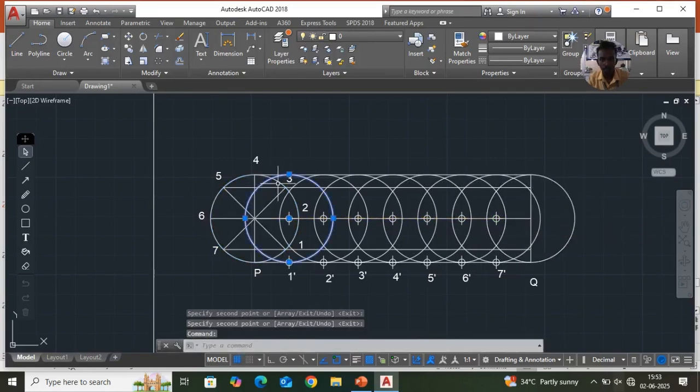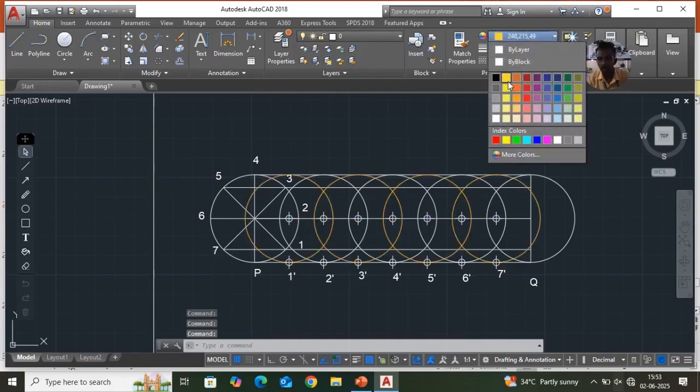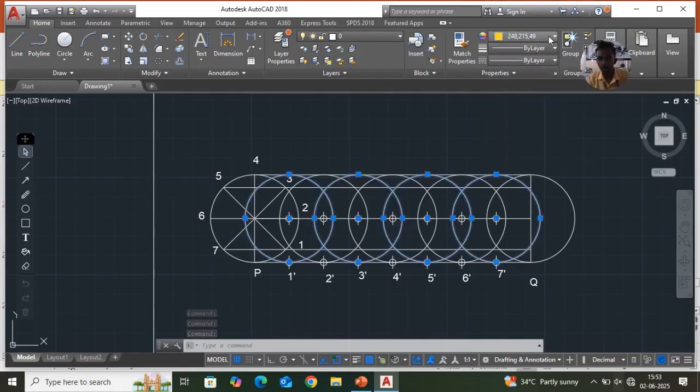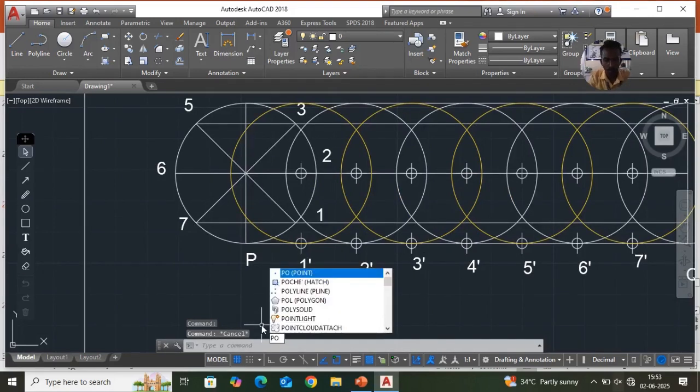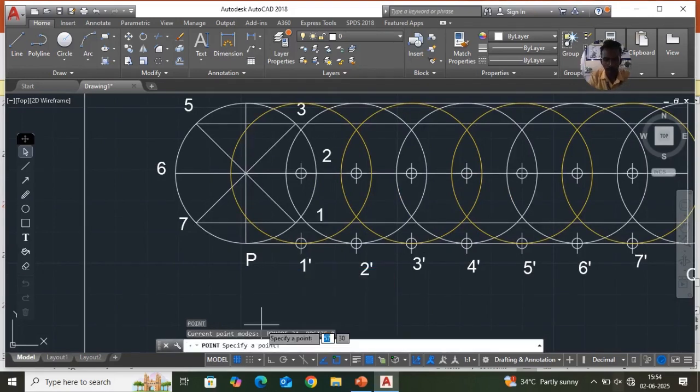So select alternate circles and change the color, because for easy identification we have to change the color. Okay, I will select yellow color here and type PO, enter, specify the point. The first intersection is with line number 1 here, and the second intersection with line